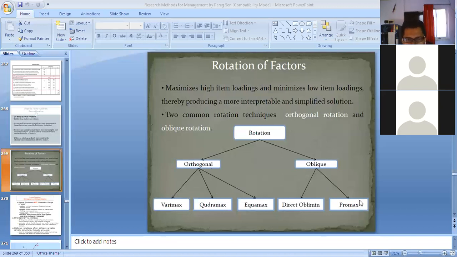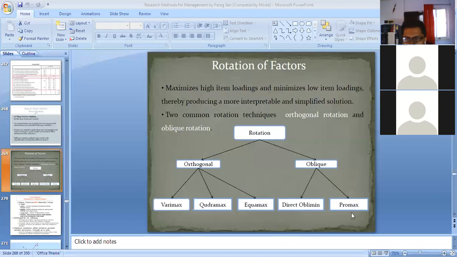But the other methods also you can use there, even if you do not know the mathematical concepts behind these rotation techniques. There is no problem. You can obviously use these methods.